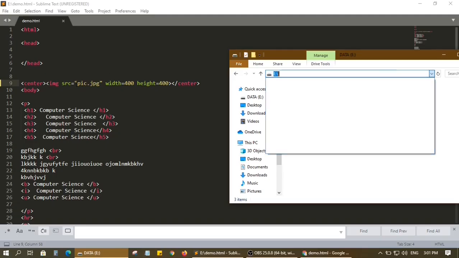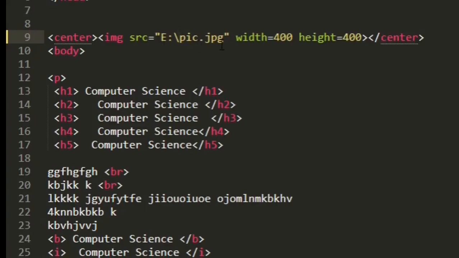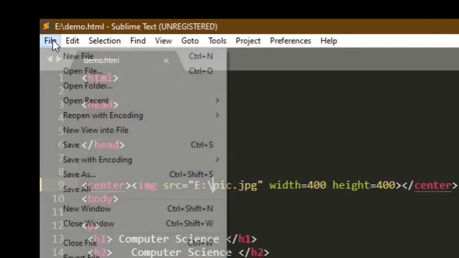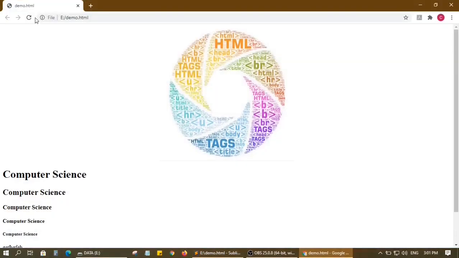You can copy the path here, and that means the pic.jpg is present in E drive. When you open E drive, there you will find pic.jpg. In the same way, you can write the address if it's present somewhere else. Let us see whether it's giving the same output. We will save the file and then we will see the output.